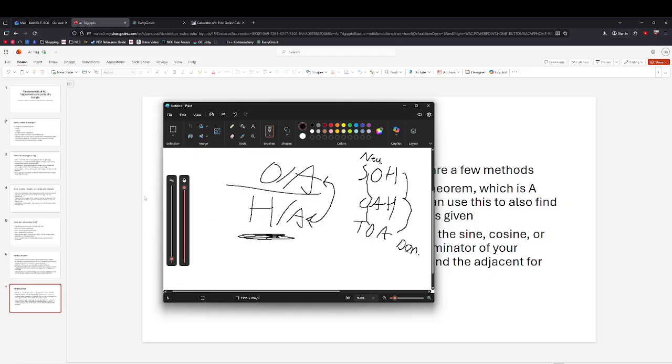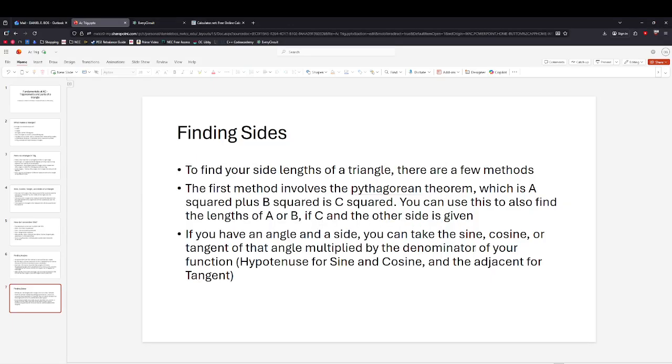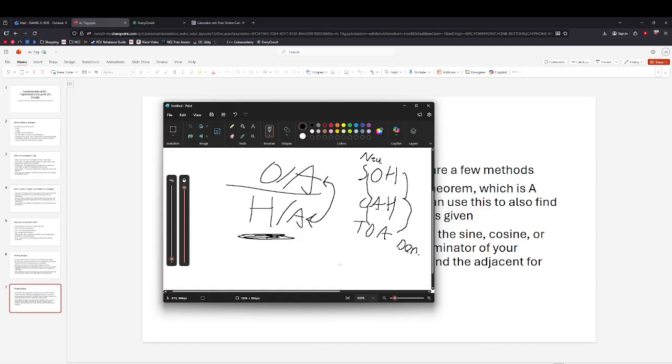So what you do is you take your sine, cosine, or tangent of the angle, and then you multiply it by your denominator. So for example, say you have 45 degrees, and you multiply it